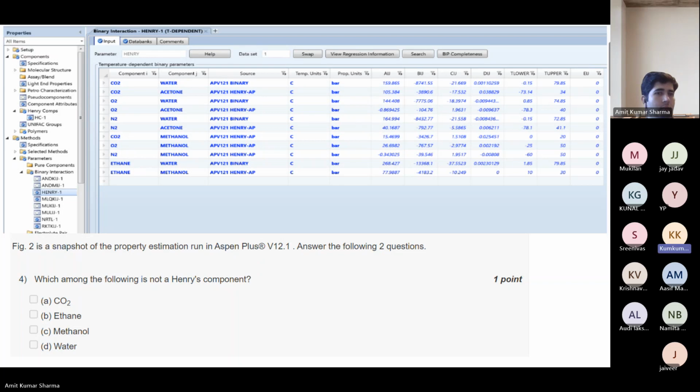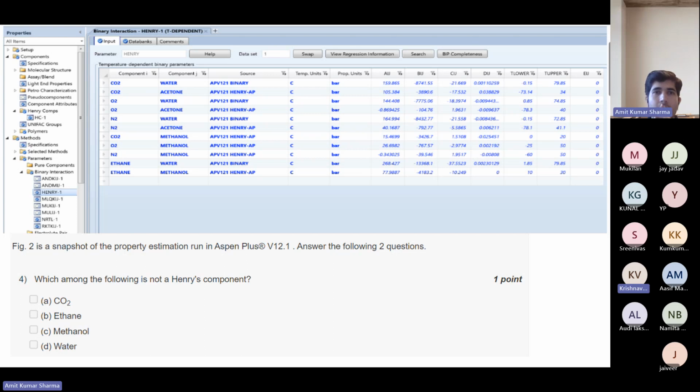Methanol also. We have another answer, methanol. Water. Any reasoning for water? We have 3 or 4 answers for water.